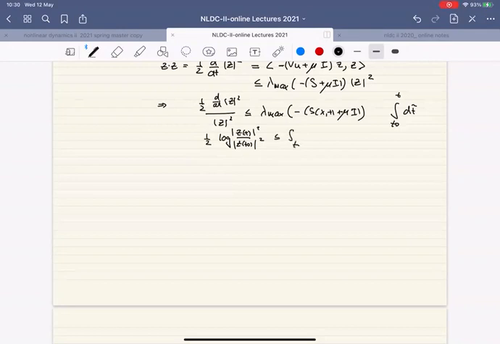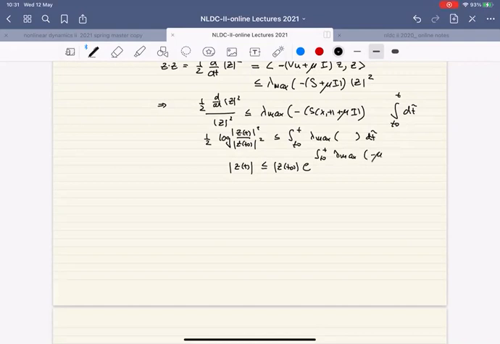This is the integral from t naught to t of lambda max, and so on, dt tilde. So finally, what I should be getting is the norm of z of t, I bring in the log. Is this correct? Yeah, okay. And less than or equal to the norm of z of t naught times e to the integral from t naught to t of lambda max